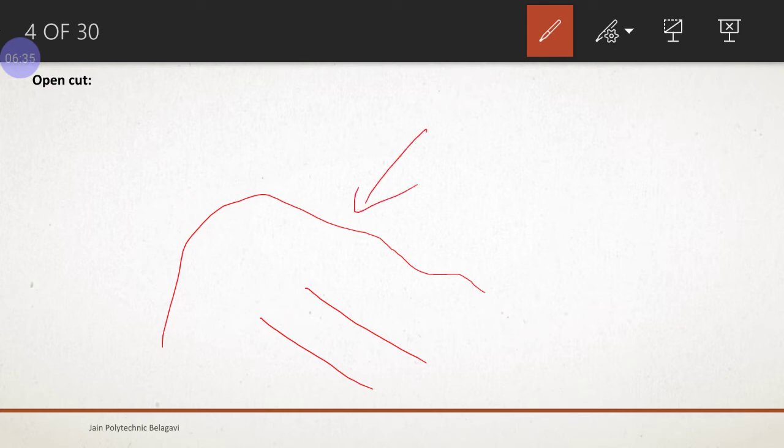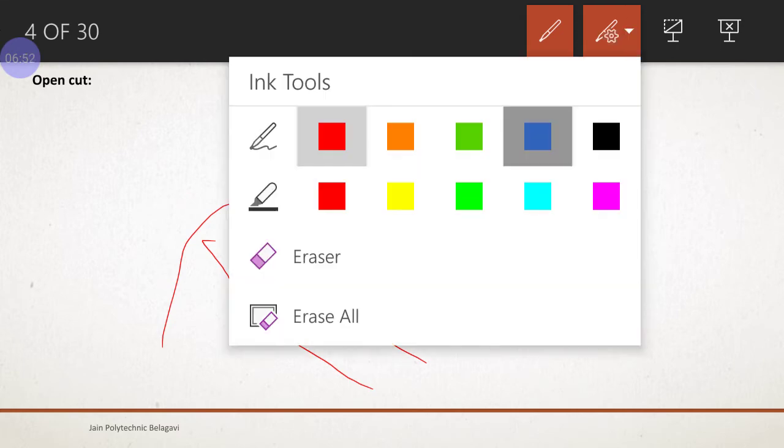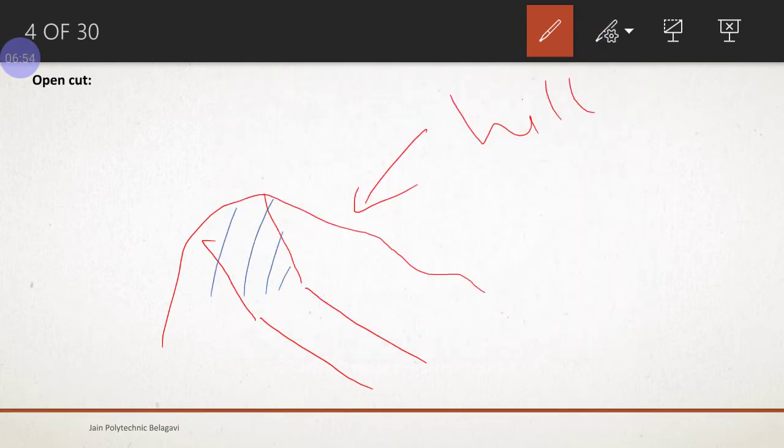If this is a hill and you want to construct a road here, you can do one thing: you can cut this mountain, this much part, and you can pass the road here like this. So when you cut it and you see it, it looks like this.